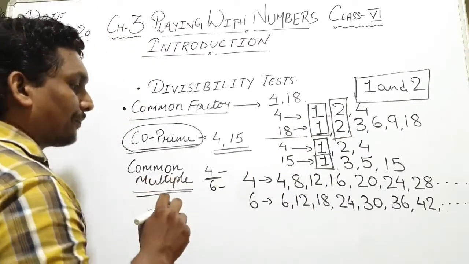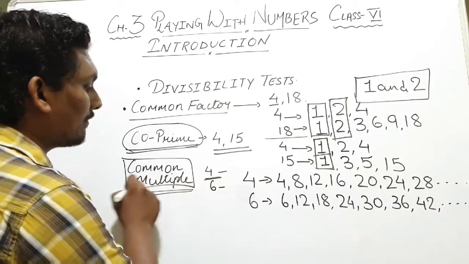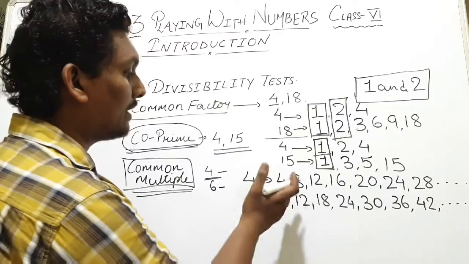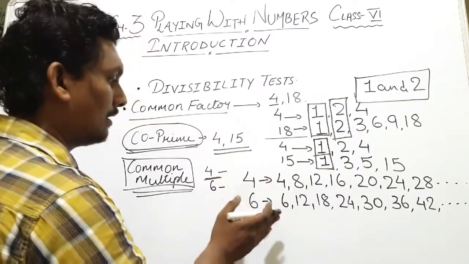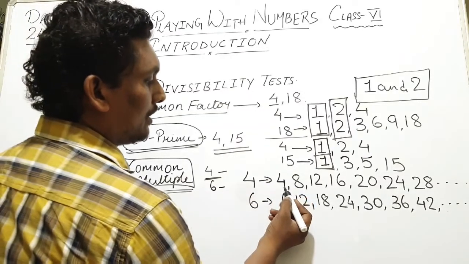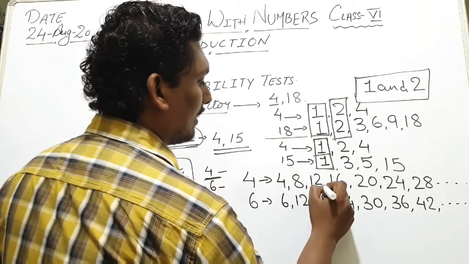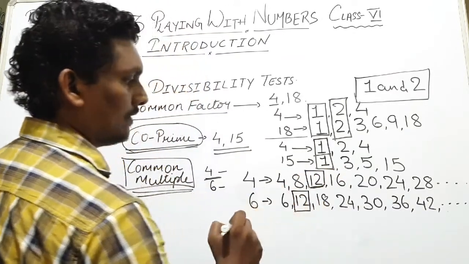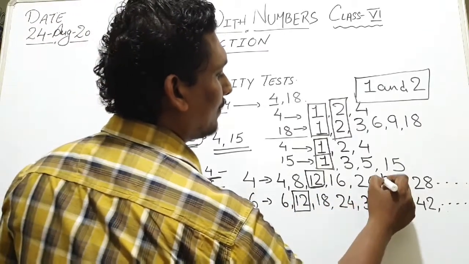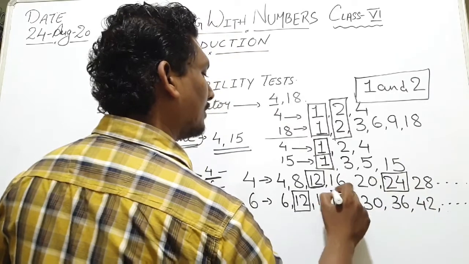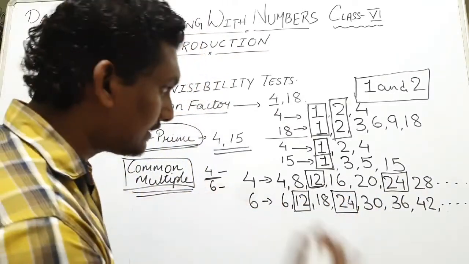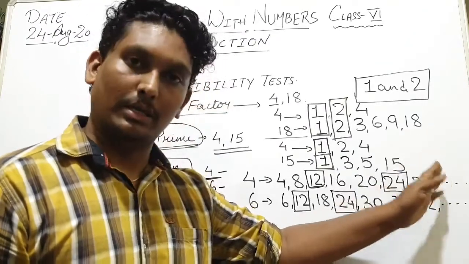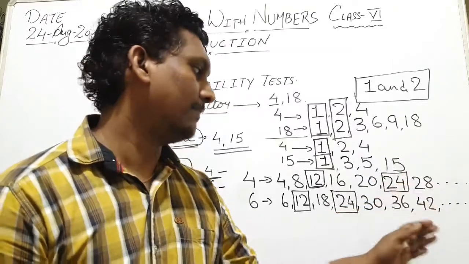Okay. So common multiple we are talking about here. We have to find out which number is common in both the multiples of 4 and 6. So just check it out. 4, 8, 12. This 12, right? So I have just written it in the box. Here it is also 12. Then 16, 20, 24. Here it is also 24. Same way, 36 is also common. That will come in the table of 4. That's why I told you I have written only half of the number.